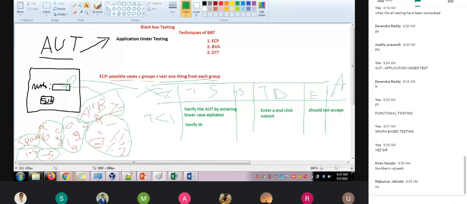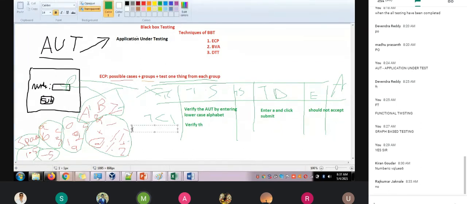So this is one partition like uppercase alphabets, and this is one partition, all the special cases. Like this, we need to group all possible inputs. That is the way we need to think about equivalence class partition.